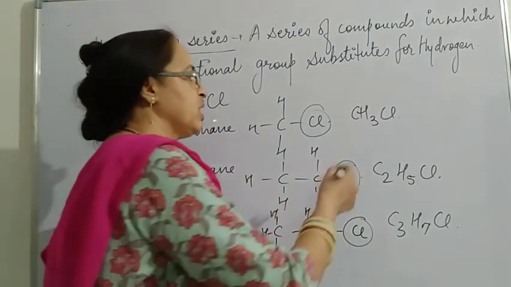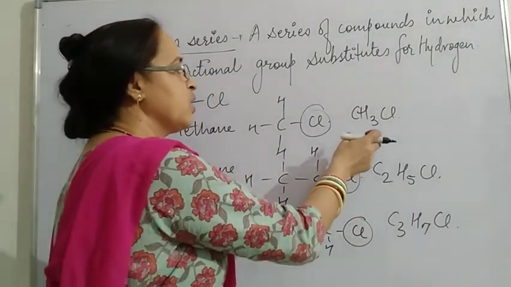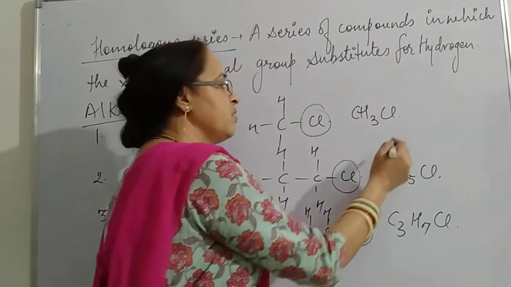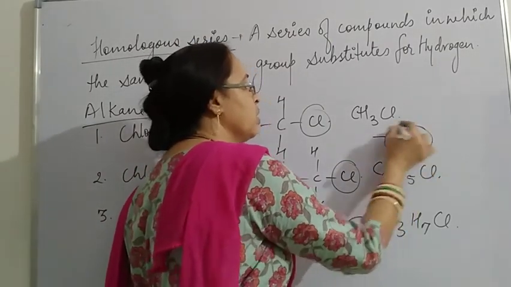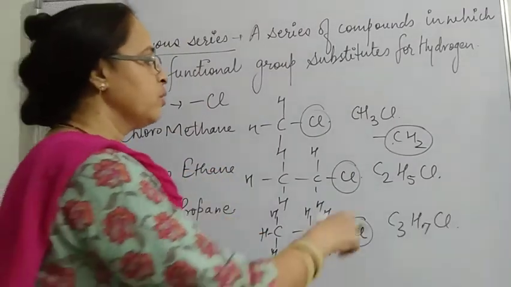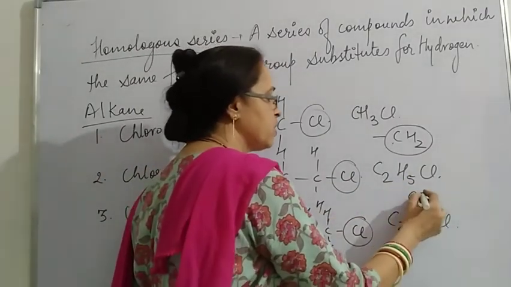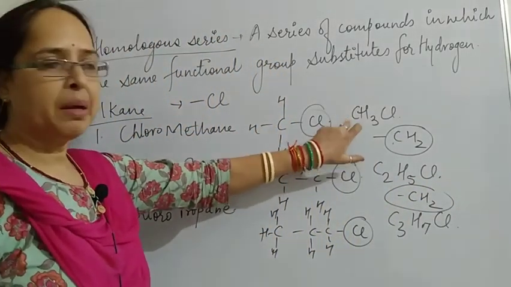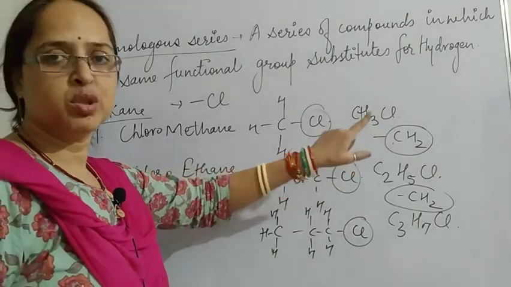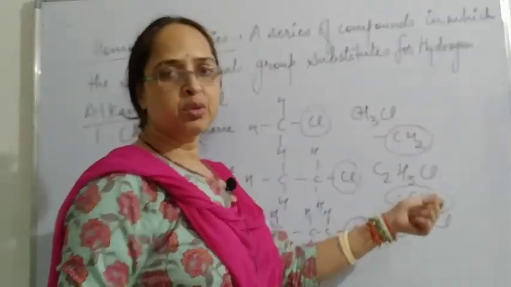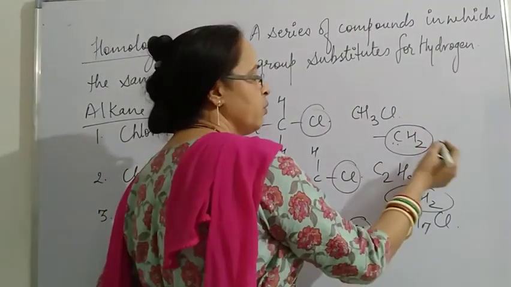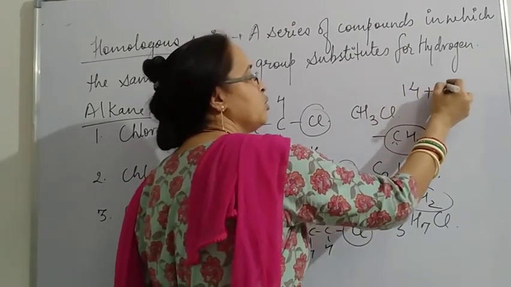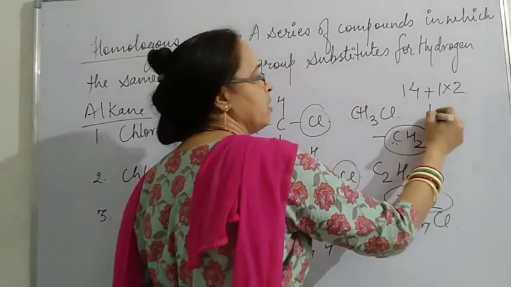So here what do you find as the difference? That is CH3 and over here is C2H5. What is the difference between these two? The difference is of CH2, one carbon and two hydrogen. When we talk about this, again the difference is of CH2. So that means in a homologous series, the difference between two successive members is CH2. They vary by CH2, and when we take out the molecular mass, carbon atomic mass is 12 and hydrogen is 1. Two hydrogen are there, so we can find out 14.